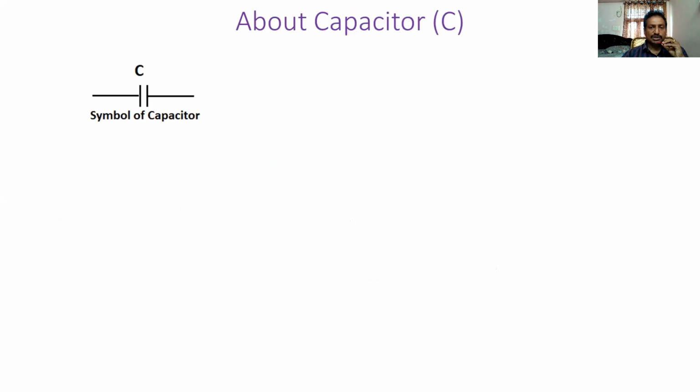Next, we'll come to the capacitor. So remember, what is a capacitor? Similarly, a capacitor is also made of conductors. You take two conductors of equal length, place the dielectric media between them, and close the top and bottom, then it becomes a capacitor. So this is called a capacitor. This is the symbol of the capacitor.